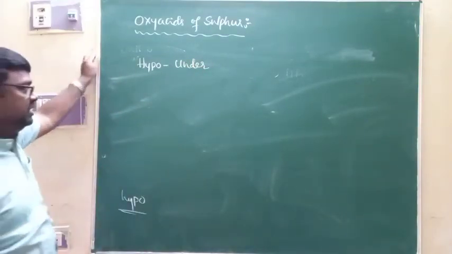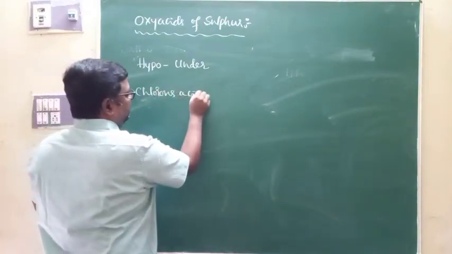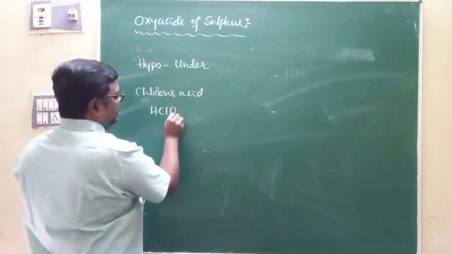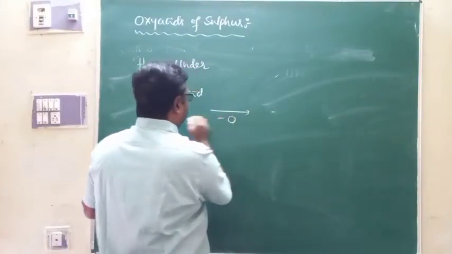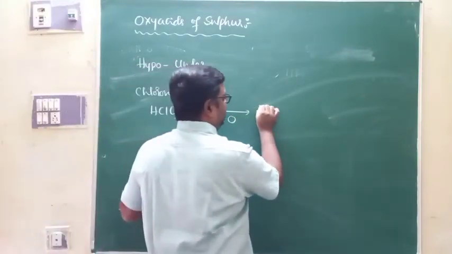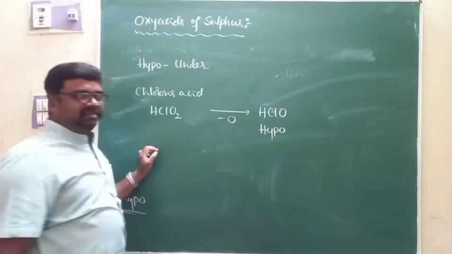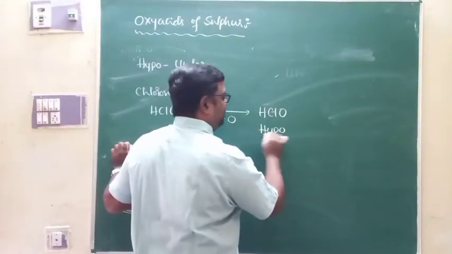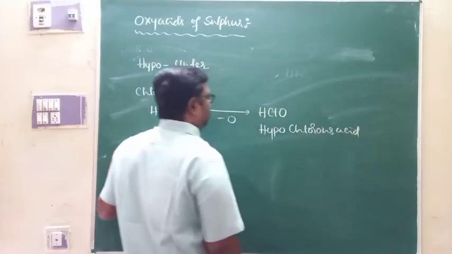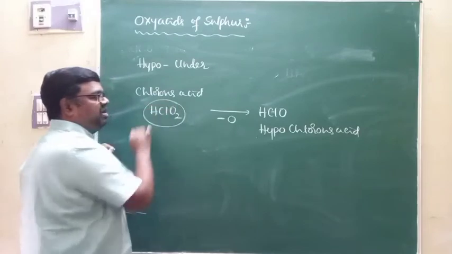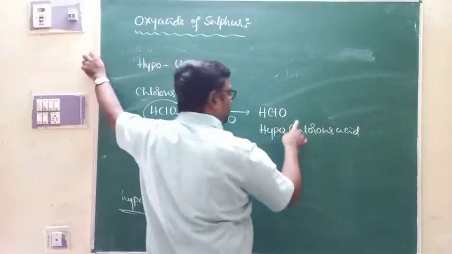Original meaning of hypo is under. Now see, I will give you an acid, that is chlorous acid. What is its formula? HClO2 is chlorous acid, and corresponding to it, you remove one oxygen from this, then you are going to get HClO. This is what we call hypochlorous acid. Hypo acids can be obtained by removing one oxygen from the corresponding OUS acid. ಈ ಆಸಿಡ್ ಇಂದ ಒಂದು ಆಕ್ಸಿಜನ್ ಕಡಿಮೆ ಮಾಡಿ ಏನಾಗುತ್ತೆ, then you are going to get hypo under this.